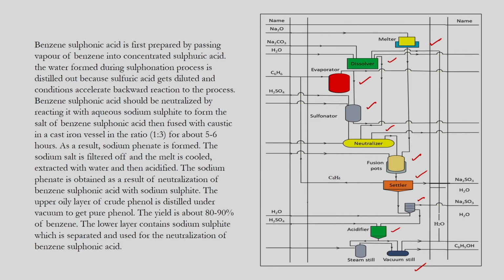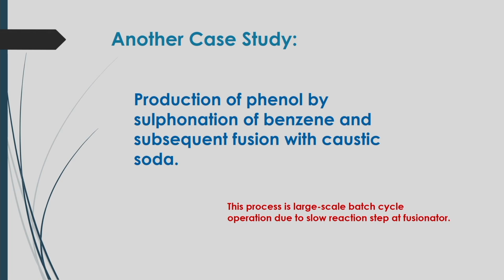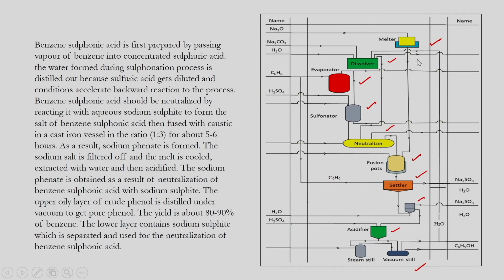So, in this case, first of all you will see that some sodium oxide will be melted from its solid to send to the fusion pots for the reaction with the benzene sulfonic acid. And before sending this sodium salt there, what you have to do is mix some sodium carbonate